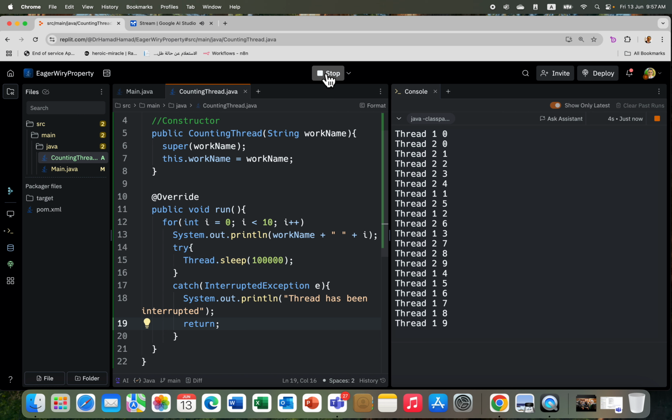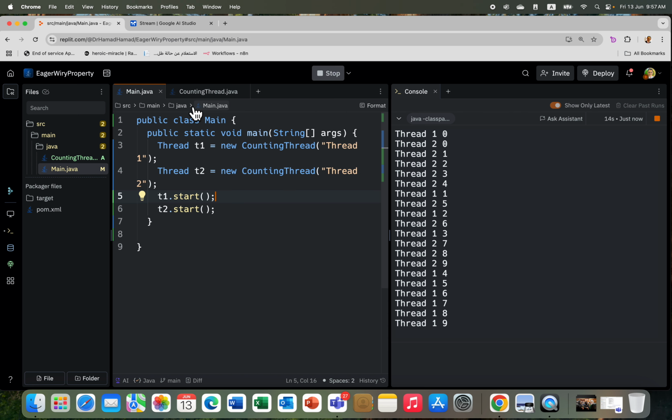Yes, so this will return back and not keep running. Okay, so basically this is what we did. What we could have done instead